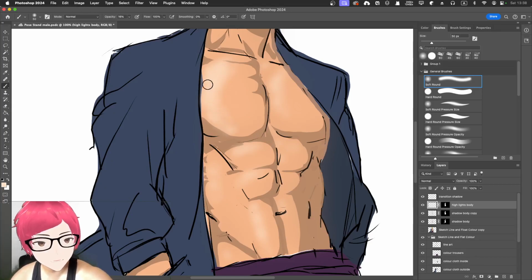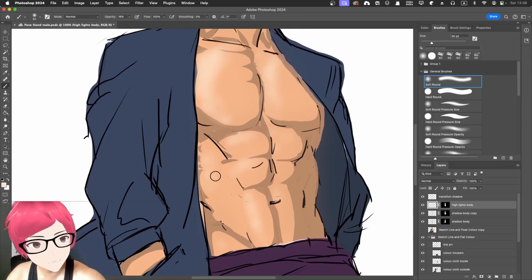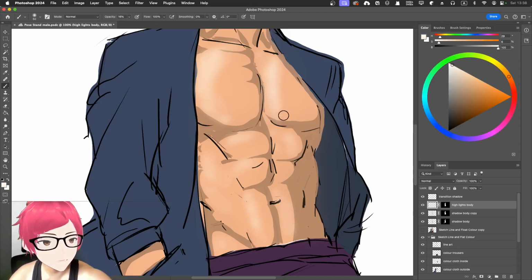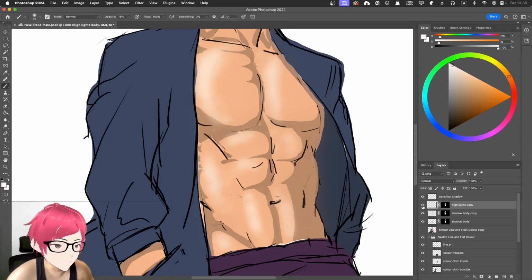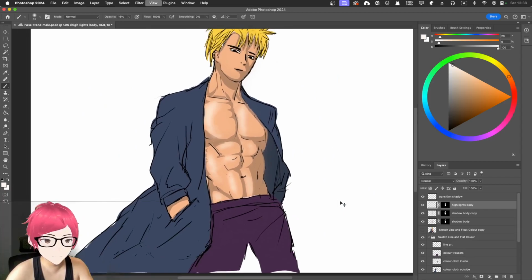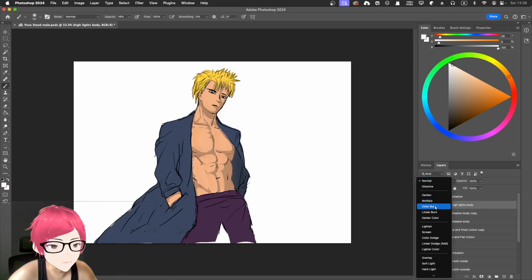Okay, this is definitely not cel shading. If you want to use 100% cel shading, this is definitely not the way to go, because I kind of go back to my original thoughts, which is using a painting technique to deal with all that. Okay, definitely too much. Normal, can I use a multiply or something like